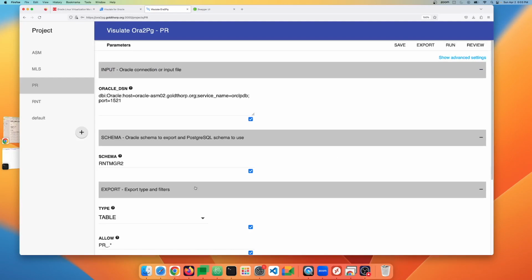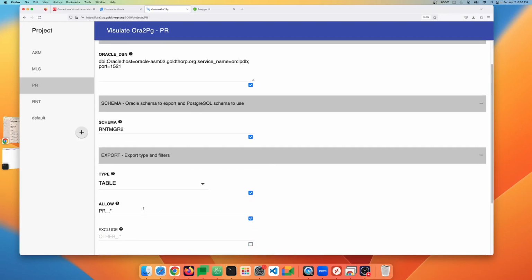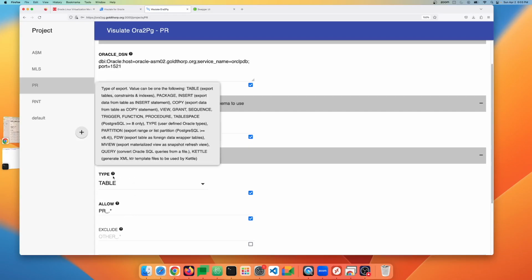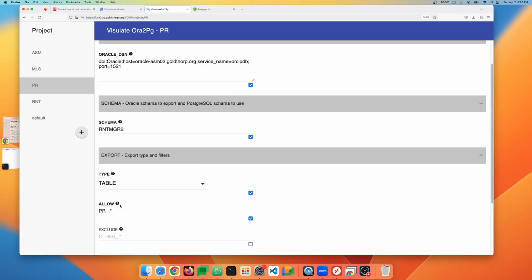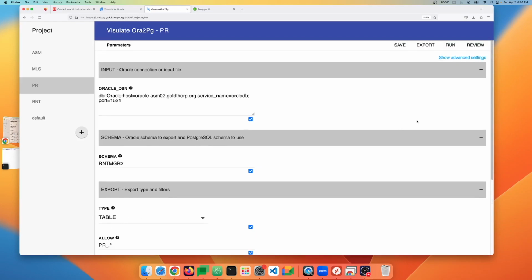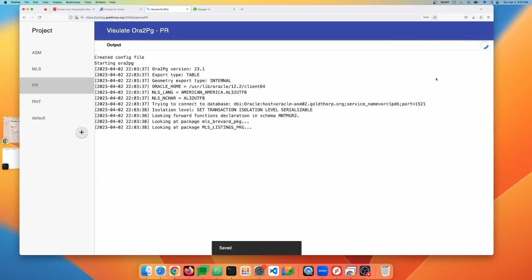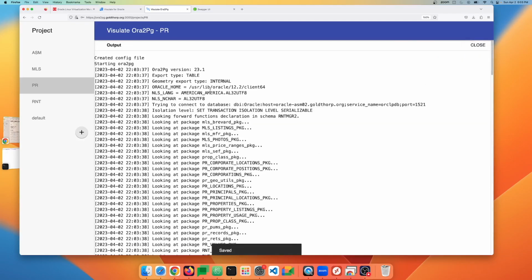If you're familiar with Ora2Pg, you'll probably also be familiar that it comes with a very large configuration file that you have to tweak. And what this tool does is let you edit those via a user interface. So at the moment I'm saying I want to generate table DDL for any of the tables in this database that happen to start with PR underscore. So if I hit run on that, it's going to